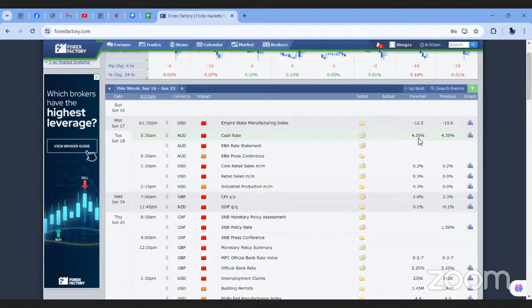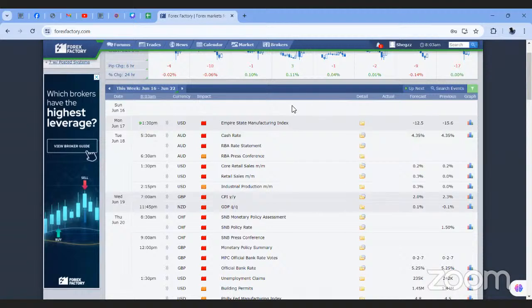So it means that if this rate remains constant, the forecast is 4.35. If it remains constant, it means that most likely AUD will gain value against, for example, USD that you want to trade with. Of course, that does not mean that you should trade AUD USD alone. I'm saying that it offers a cheaper spread. The other one that is also cheap is AUD JPY. If you cannot trade AUD USD, you can trade AUD JPY, because that one is also cheap. It's less than 2 pips spread, about 1.9.